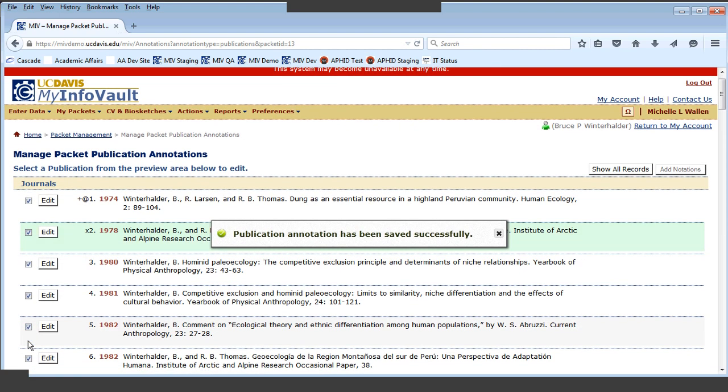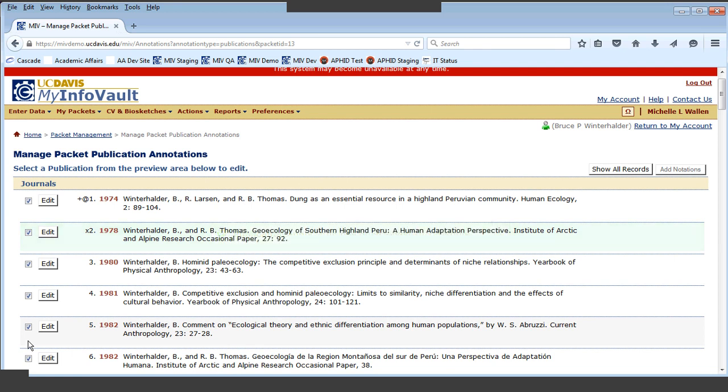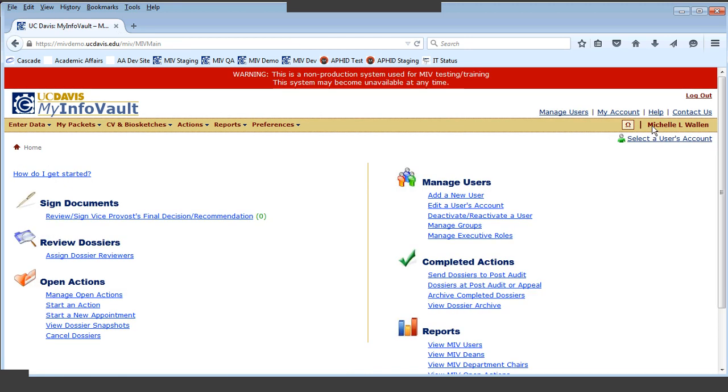Now that we understand how packets are created and managed, let's switch roles. I am returning to my account as a staff member in the department. I'm ready to begin assembling the materials for the candidate's dossier, so it's time to create the action. We can do this by clicking on the Start an Action link in the Open Actions section of the home